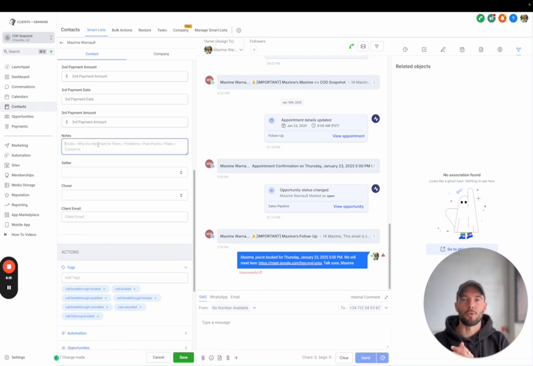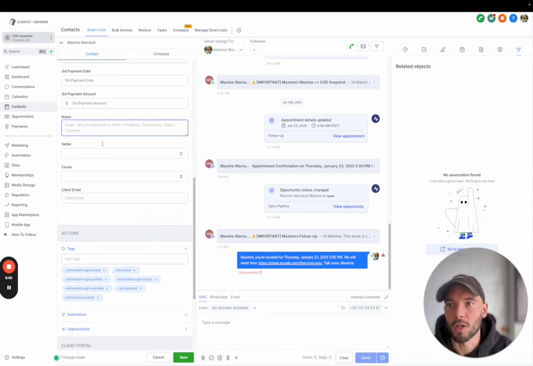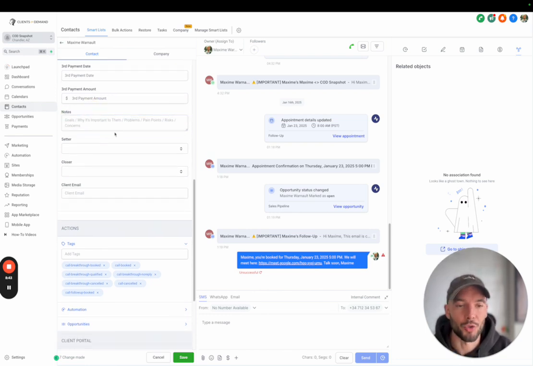So this is to make the transfer from the sales team to the delivery team, to the fulfillment team. So what did you promise on the call to this person? What exactly is the most important to them? What are their problems, the pain points, the risk, the concerns that they have? And what do you need to say to the delivery team to make sure that this client has a good experience? And then we can send this to a Slack channel